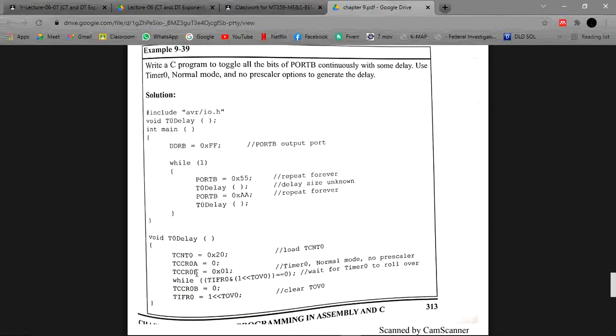With the help of this while command and the AND operator, and then this shift operator comparing with it, it will wait for the previous Timer0 overflow, and then it will roll over, and with the help of this shift operator it will clear the flag. After it, it will toggle all the bits one by one with a specific delay.